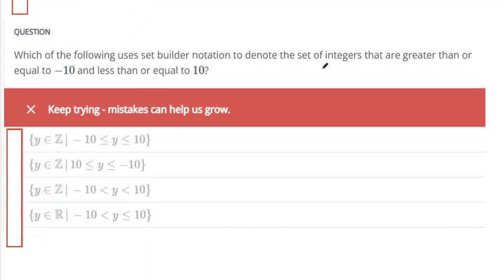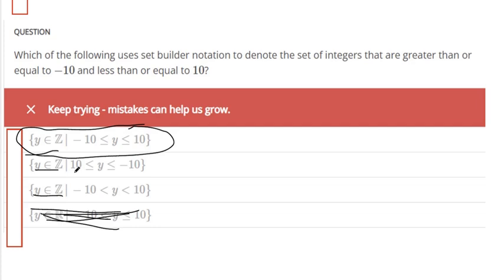Set building notation denotes set of integers that are greater than or equal to -10 and less than or equal to 10. Okay, so set of integers, we need y to be the set of integers. So this is integers, integers, integers. Remember, z is integers, r is real numbers. That includes decimal numbers. So we need y to be greater than or equal to -10, less than or equal to +10. So this is our winner,